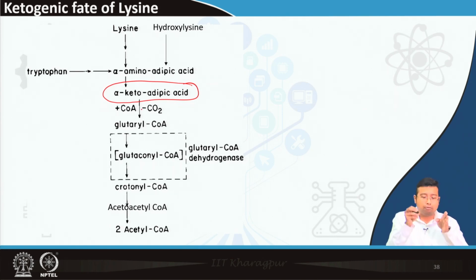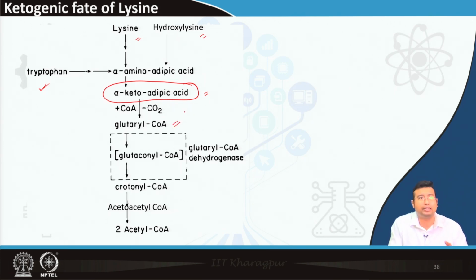Whenever we remember alpha keto adipic acid, which you have also learned when you were being taught about tryptophan metabolism, right, because the fate of tryptophan also lies in the same pathway. So, lysine and hydroxylysine actually form alpha amino adipic acid, which is then transaminated to form alpha keto adipic acid. It loses one carbon dioxide by decarboxylase enzyme to form glutaryl CoA, and once we get glutaryl CoA, there are